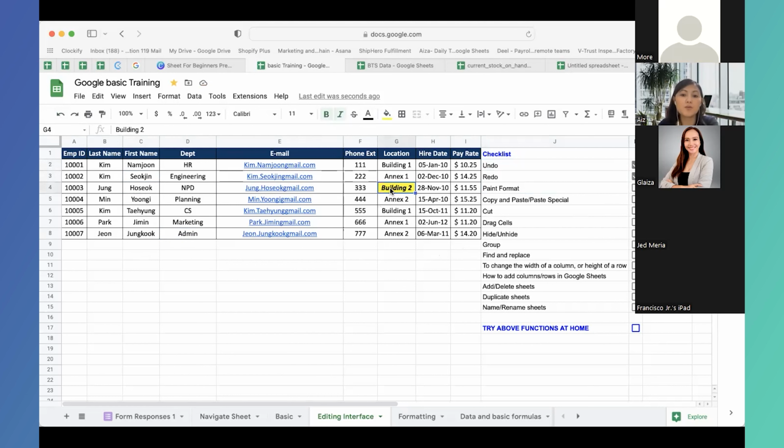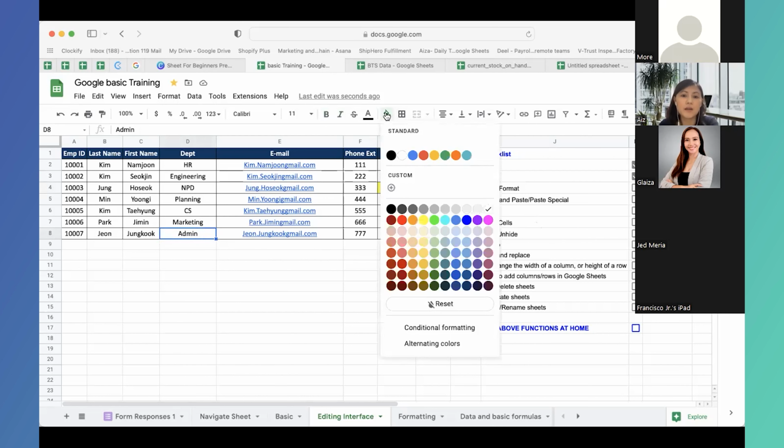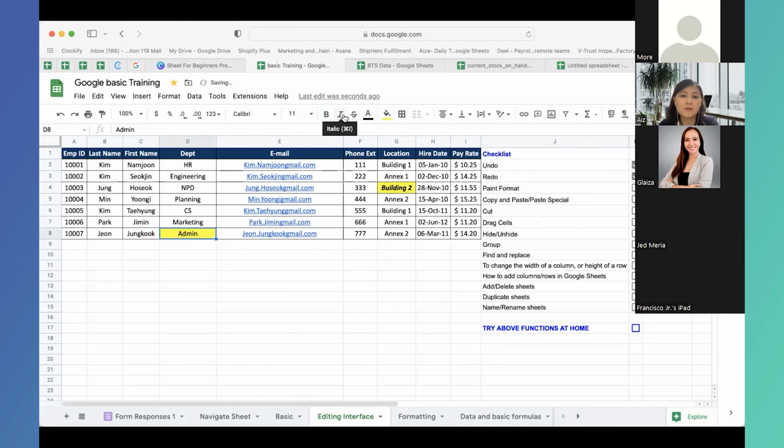So, ang gagawin ko, for the normal, dun sa mga hindi pa nakakaalam ng paint format, i-yellow ko din, i-bold ko, i-italize ko. So, hindi mo siya pwedeng gawin sa lahat ng data kung sobrang dami na. So, the benefit of having the paint format, ika-copy mo directly kung anong merong format this one, papunta din sa